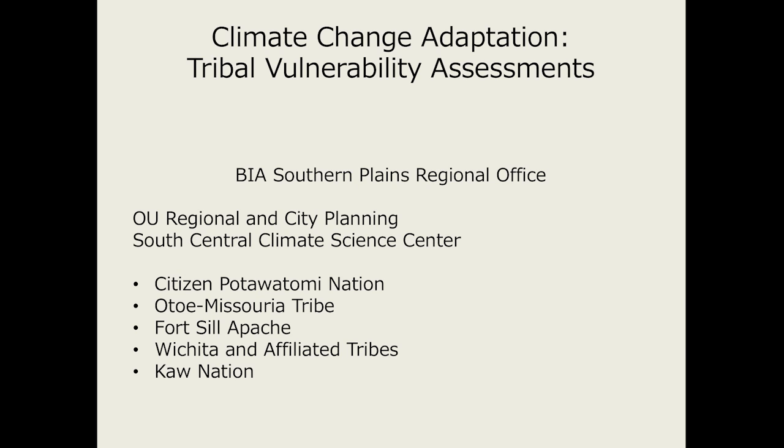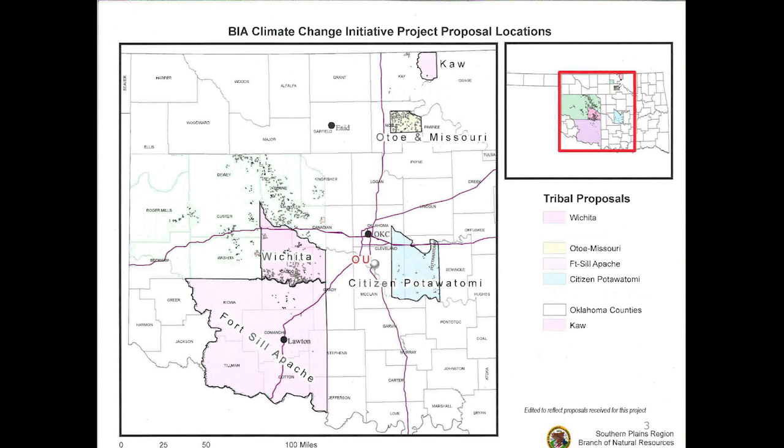The 5 tribes that were involved include the Citizen Potawatomi Nation, the Otoe-Missouri tribe, Fort Sill Apache, the Wichita and affiliated tribes, and the Kaw Nation. And all 5 tribes are part of the Oklahoma portion of the Southern Plains Regional Office of the Bureau of